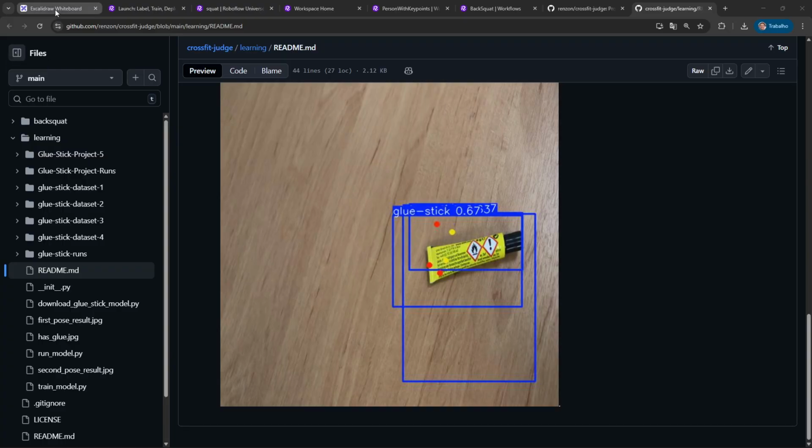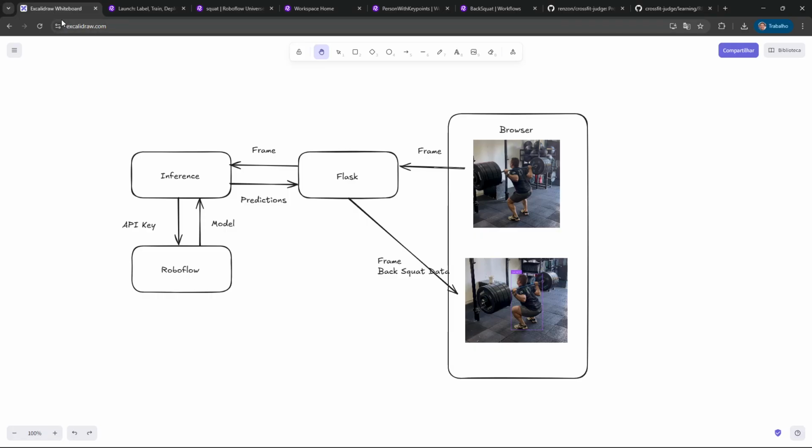Well, before code, let me show you the main architecture that I have used on this project. Basically I had the web browser that you just saw in there. I'm sending frames to a Flask server written in Python. So I send the frame of the exercise from my webcam to the Flask web server.